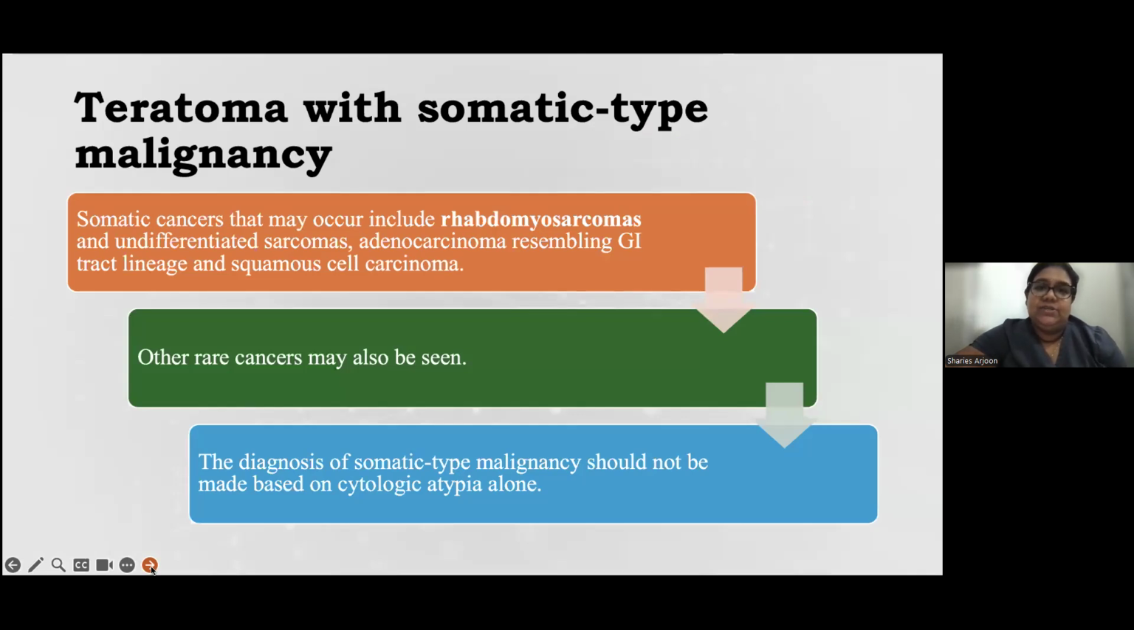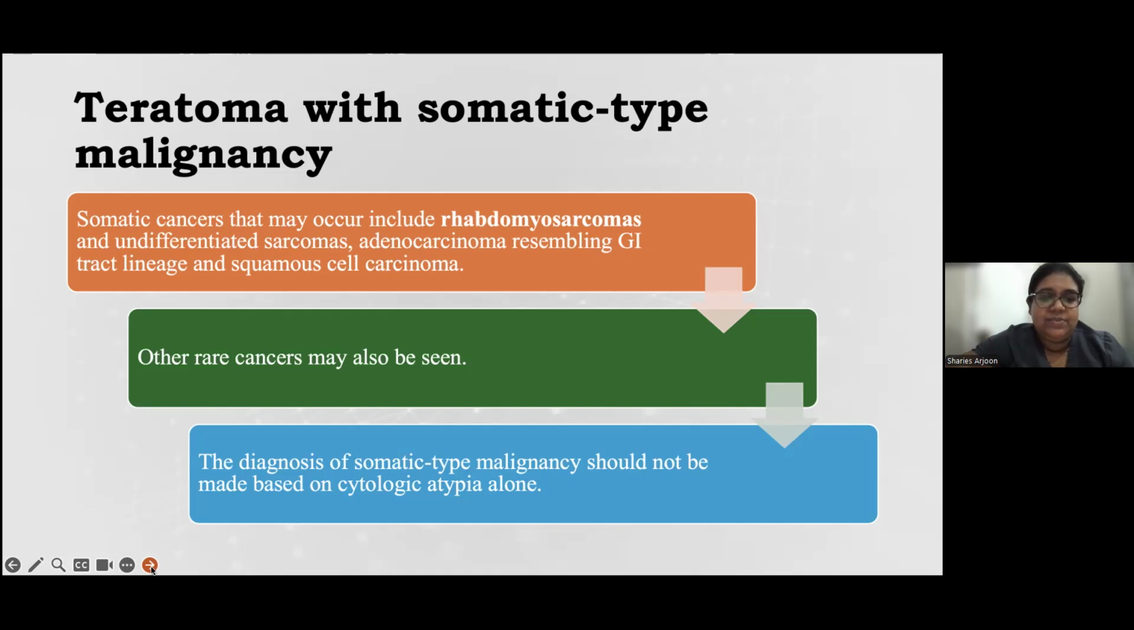So, teratomas with somatic type malignancy. Somatic cancers that may occur include rhabdomyosarcomas and undifferentiated sarcomas, adenocarcinomas resembling GI tract lineage, and squamous cell carcinomas. Other rare cancers may also be seen, and the diagnosis of somatic type malignancy should not be made based on